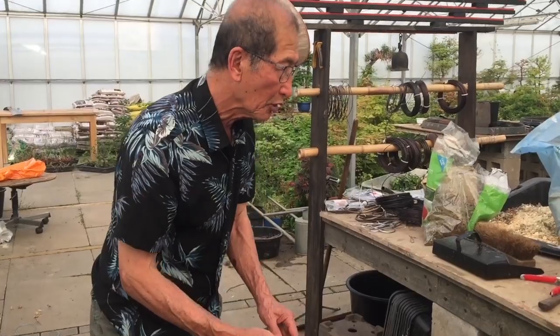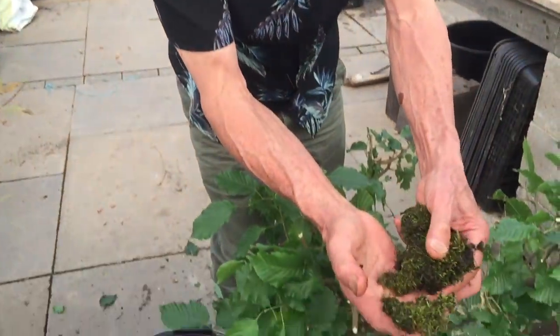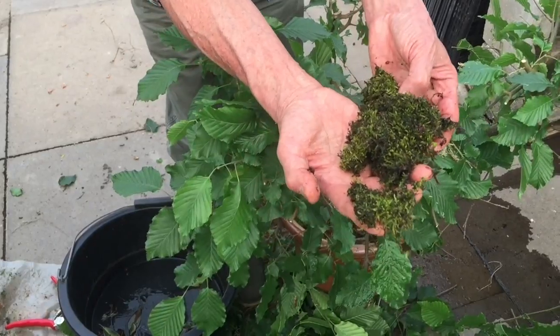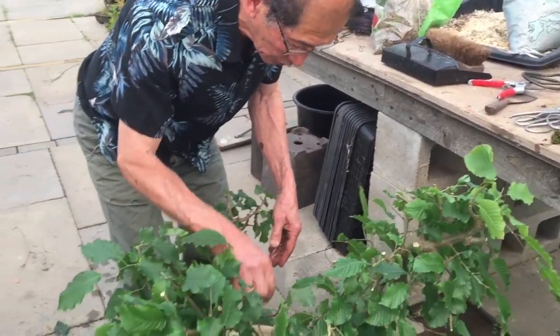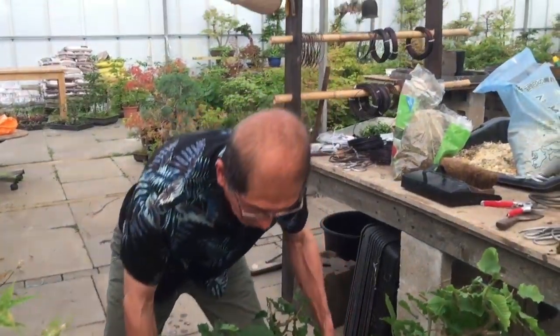But it is not the moss that you scrape off the ground. This is not sphagnum moss. This is moss that grows on the surface of the ground, and this is what we put on top of the bonsai for surface decoration. So this is a different type of moss. Although I'm sure you can use it for the same purpose, but it hasn't got the thread-like structure that sphagnum moss has. So as I was saying, after you've potted it up,